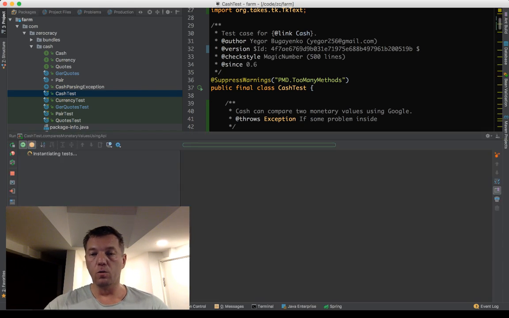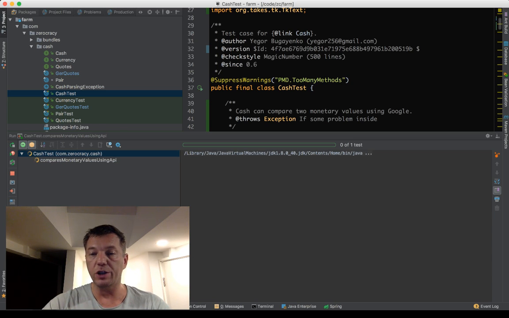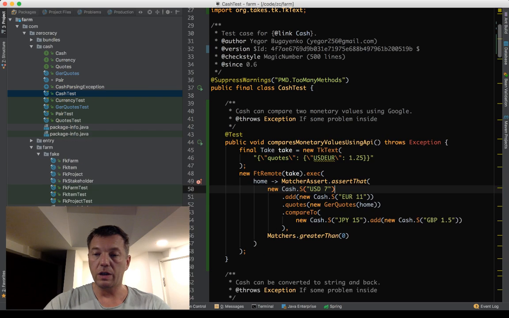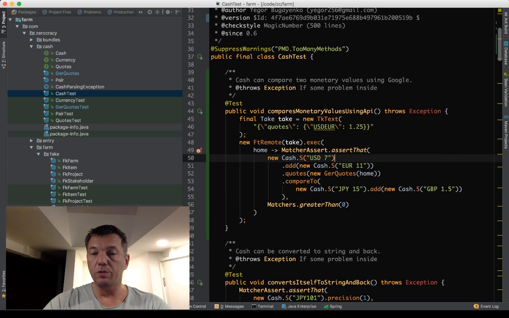I mean, I don't know what it will be looking for inside JSON. So most likely we're going to have null pointer exception. Oh no, see, it works. That's nice. Yeah, so we are converting USD to most probably euro or something like that. Is it true?